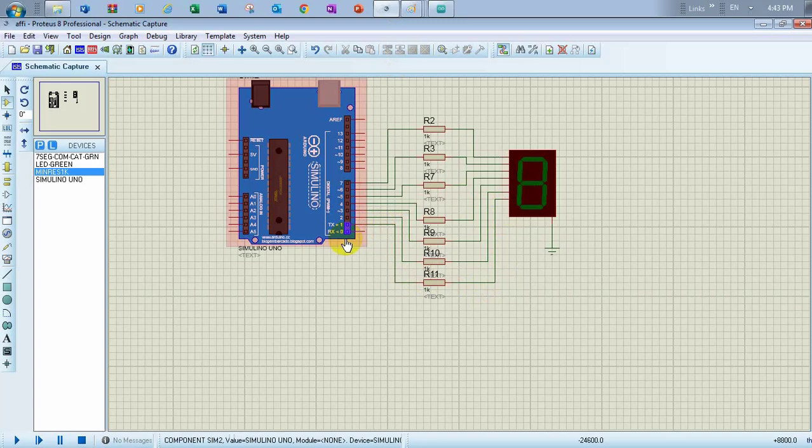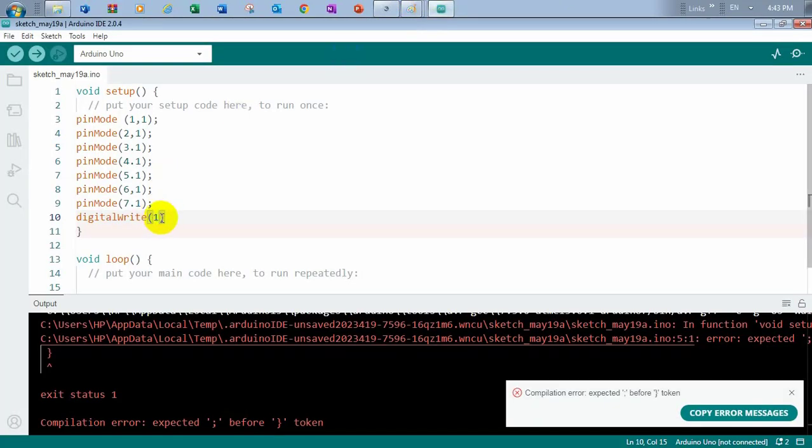For 0 volt we write LOW, or we write 1 or 0. So we write here, comma, 1,